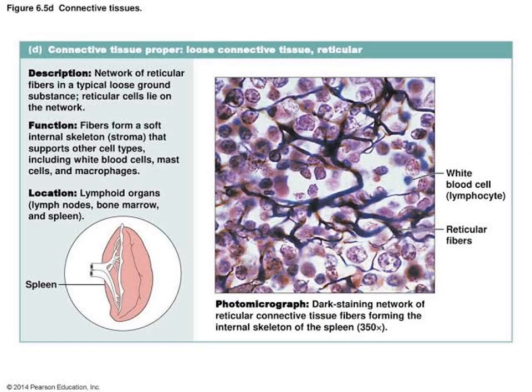Loose connective tissue. This picture is very important. Look at it carefully. In this tissue, the cells and fibers are loosely arranged in a semi-fluid ground substance. For example, areolar connective tissue beneath the skin acts as a support framework for epithelium and acts as a reservoir of water and salt for the surrounding body tissues. Hence it is also called tissue fluid. And adipose tissue is similar to areolar tissue in structure and function and is located beneath the skin. It has adipocytes, commonly called adipose or fat cells.